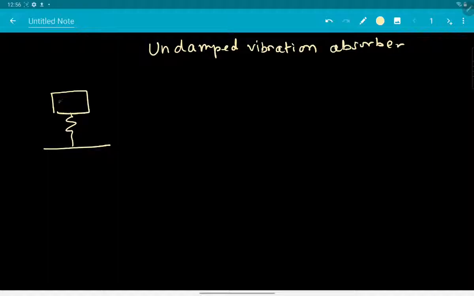Okay, so there is this mass m1, which, let me call it the primary mass, and it is the one whose displacement we are interested in keeping within limits. Let this be the spring stiffness k1, and just assume that this is the main spring mass system. Or you can say that there is a certain machine which is approximated by a single degree of freedom system, in which m1 is the equivalent mass of that machine, and k1 is the stiffness, and it is acted upon, let's say, by a force system.